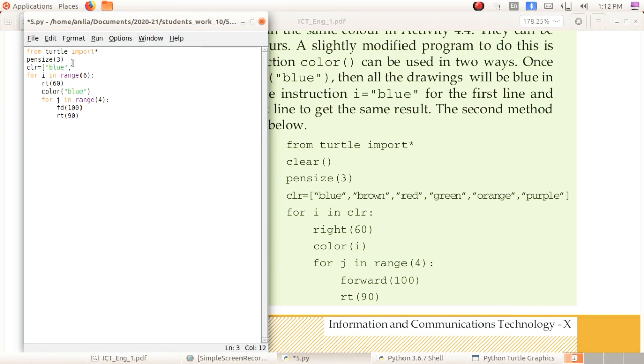Okay, blue, then brown, after that you could put the comma, then red, green, orange, then last color is purple.